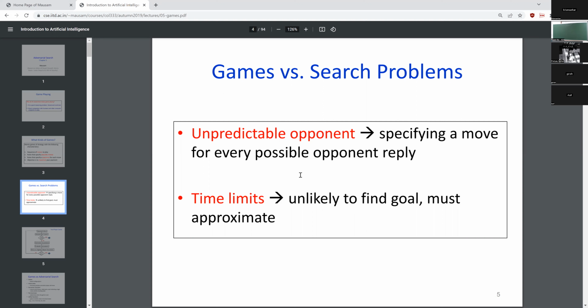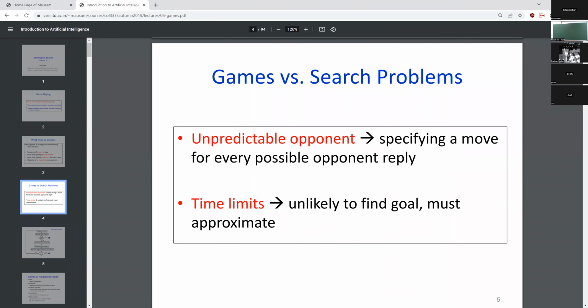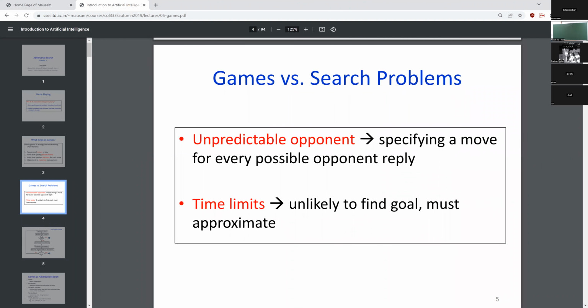So in such a large state space, there is no hope of finding an optimal winning strategy. You cannot find a deterministic winning strategy, a path from the start state to a goal state, by exploring such a large state space by any of the search algorithms that we have seen earlier. Because we don't have a hope of doing an exhaustive state space exploration and coming up with an optimal strategy of winning, we have to